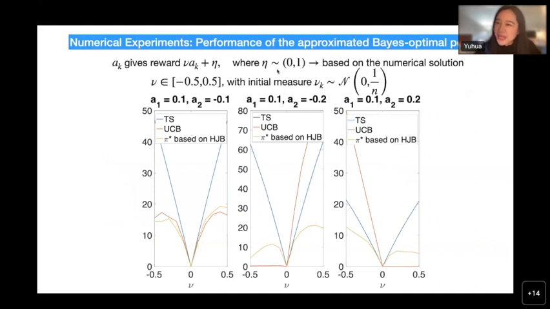And this is a case where we cannot obtain the exact solution, but based on the numerical solution, we still have better, more stable regrets than UCB and Thompson sampling. We can see that with this yellow line, we always have smaller regret than Thompson sampling. Compared to UCB, we are more stable. UCB in these cases will have very bad regret, but we always have the smallest maximum regret in these two cases.